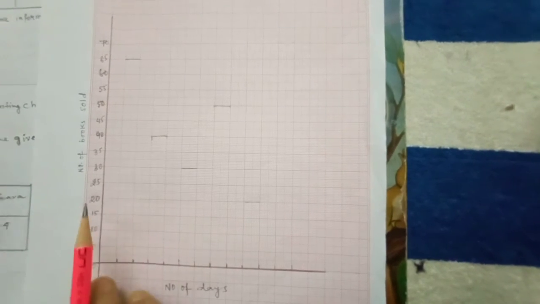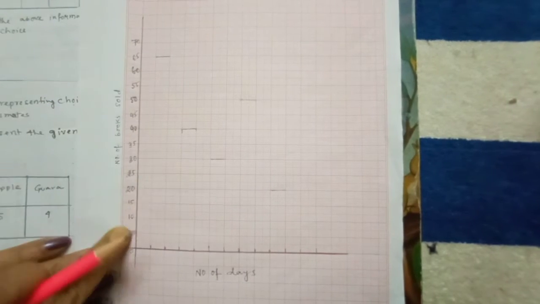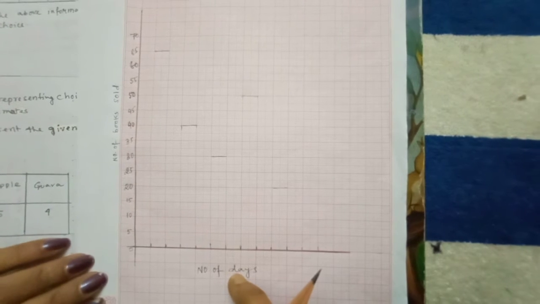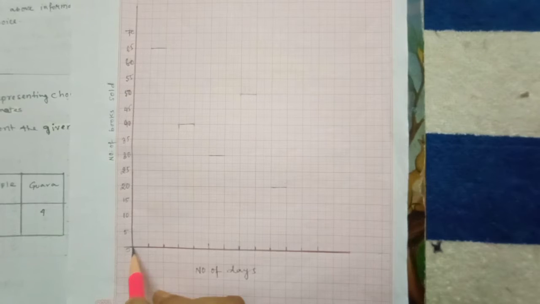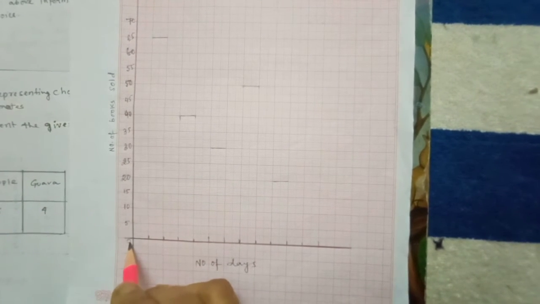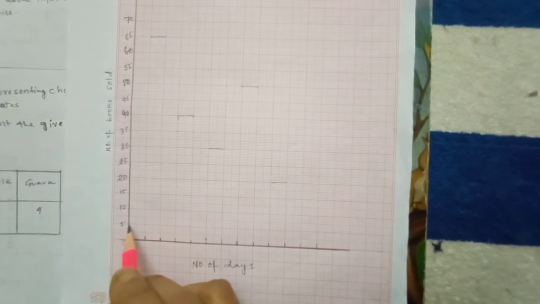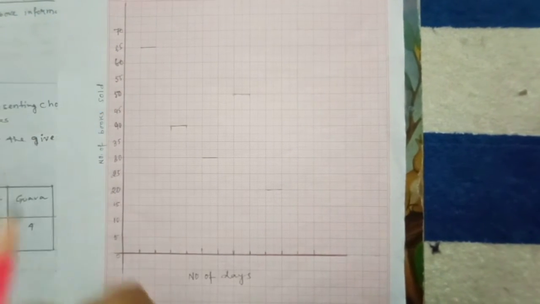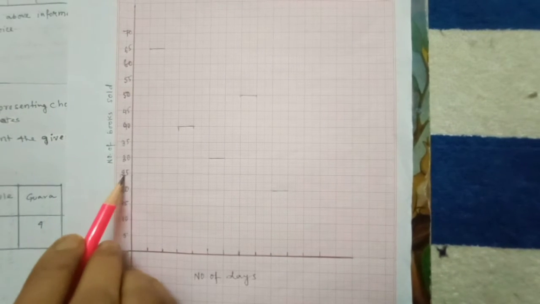Now to represent the graph on the graph paper, I have taken one vertical line and one horizontal line, as we have taken in the previous graphs also. Now we have to choose the scale. So on the vertical line, I have taken the scale from 0, and 1 centimeter as unit. It is 1 unit as 5 books. We are representing the number of books on the vertical line, and the scale I have written here: 5, 10, 15, 20, 25, 30, 35.